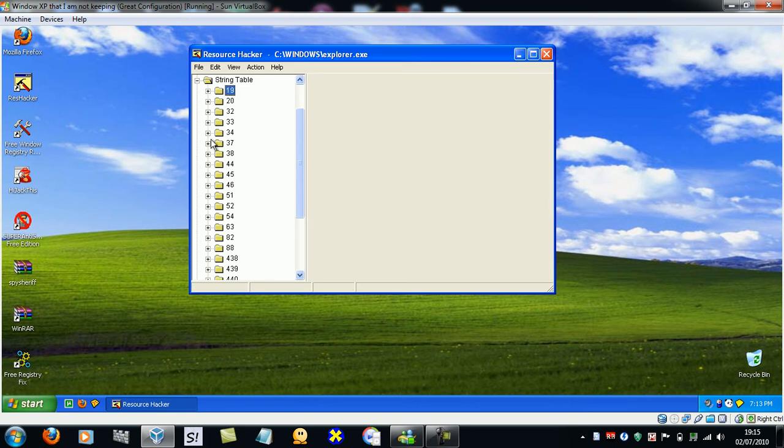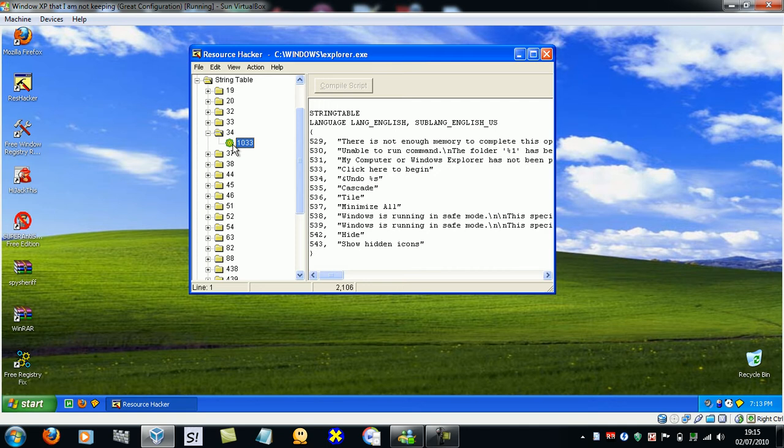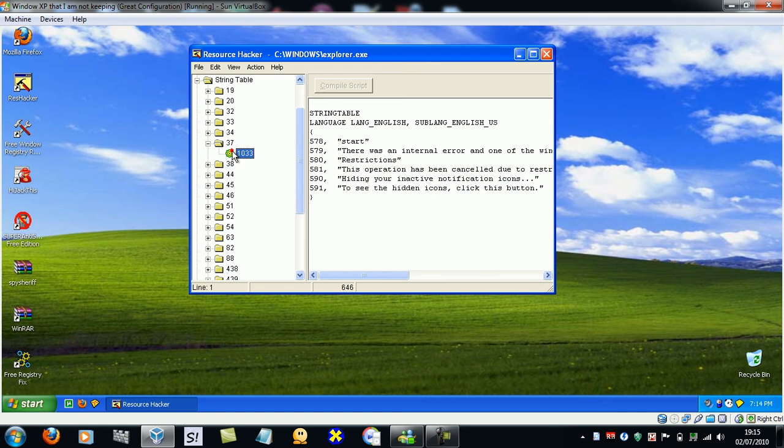No, that's not it. Oh, right, here we are. So, click here to begin. That's the little rollover. What I'm going to do is change this to click here to start. So after you make your necessary changes, just click compile script, go to 37, and here it says start. And what I'm going to do there is type in begin, compile script,